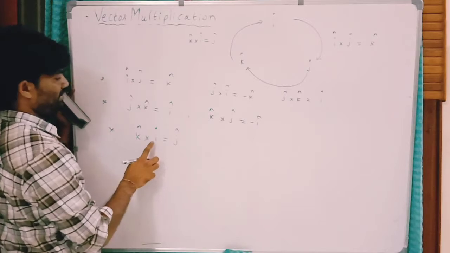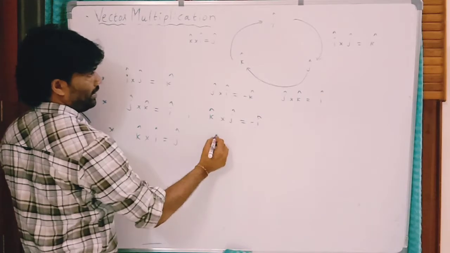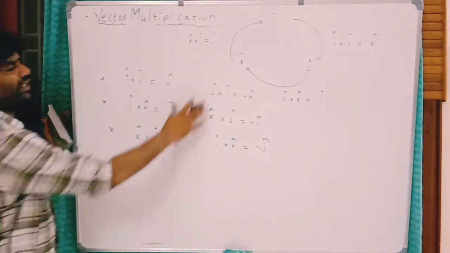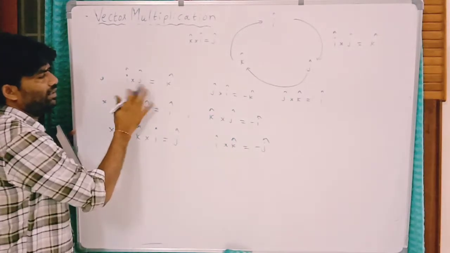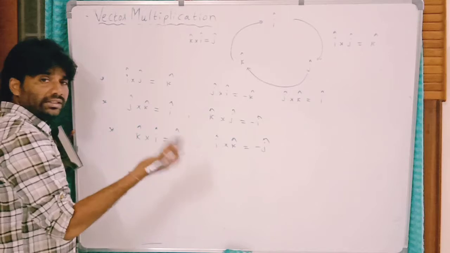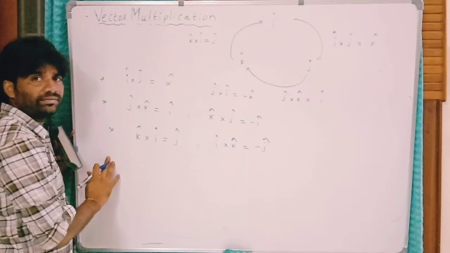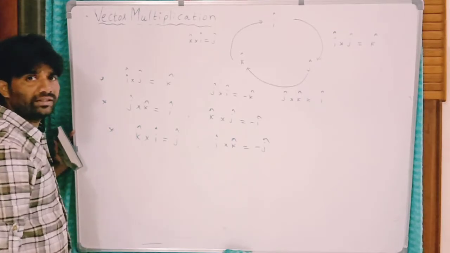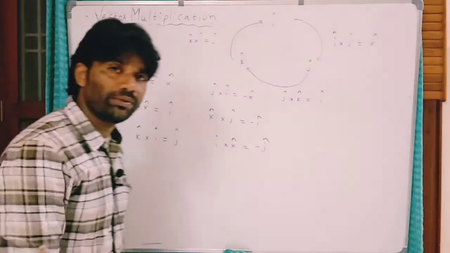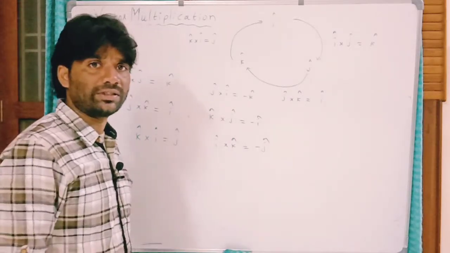Now I cross k, the cross product of these two, is minus j. So these are the unit vectors, no need to remember, this is enough. If you take the order in reverse, you will get a negative sign, because a cross b is equal to minus b cross a. If you interchange these two, you will get a minus sign. That's it. Clear? This is important. Without knowing this rule, we cannot multiply a vector with another vector according to cross product.